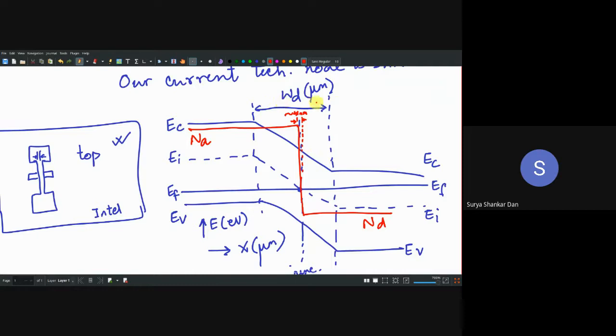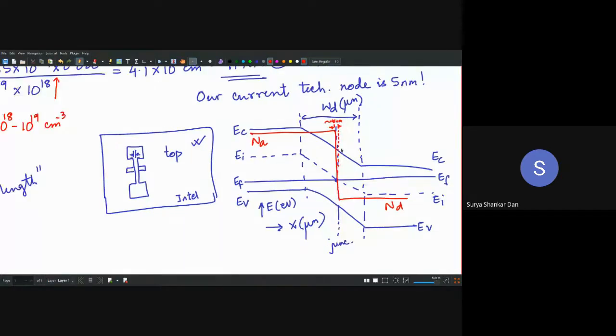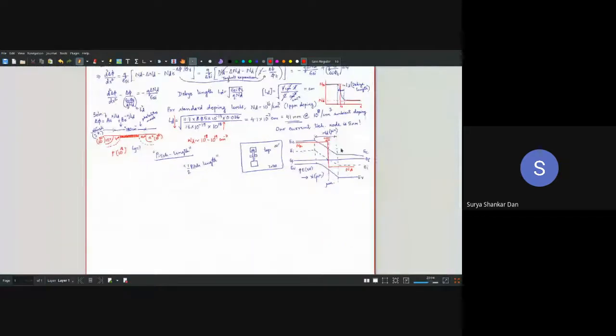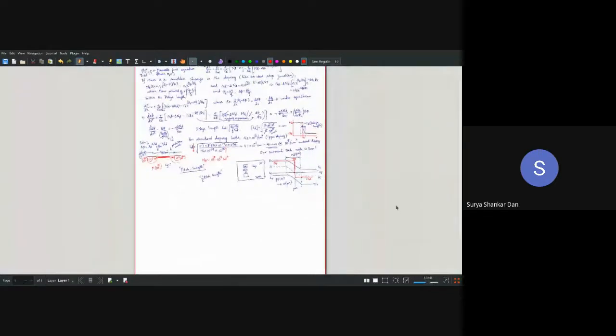So this depletion width is much larger than 41 nanometers, and as a consequence, if you now zoom back, it will be almost like a straight line. That is the reason why in microelectronic technology nobody even bothered about this Debye length, because it is quite possible to make a perfect junction in Na and Nd. We never bothered because the depletion width and all the other dimensions of the device will be in micrometers.